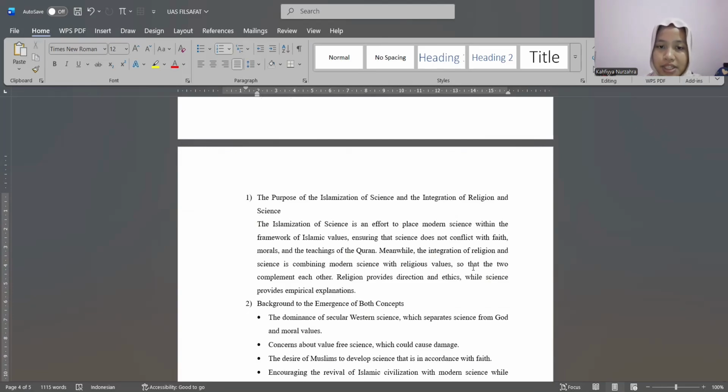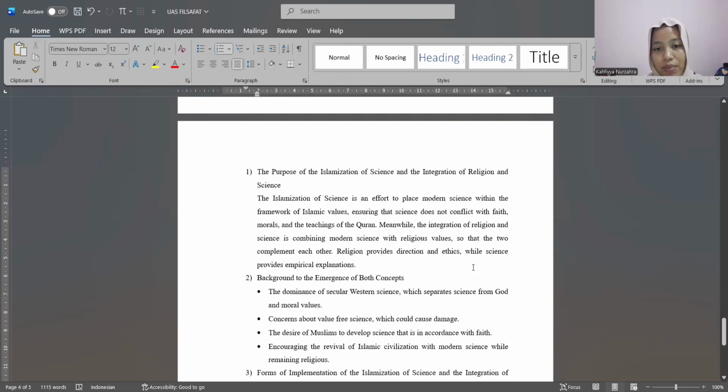The Islamization of science is an effort to place modern science within the framework of Islamic values, ensuring that science does not conflict with faith, morals, and teachings of the Quran. Meanwhile, the integration of religion and science is combining modern science with religious values. So, the two complement each other: religion provides direction and ethics, while science provides empirical